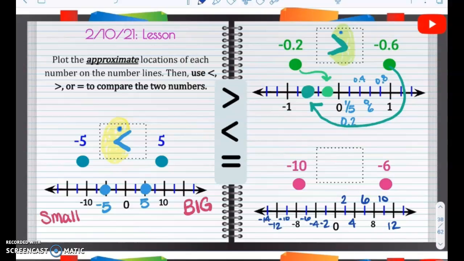All right, now we're going to plot our points. -10. Oh, here's -10. I'll plot that. I'm just going to connect it. You do not have to connect it. And then -6, I'm going to plot over here. All right, so which is bigger? Ooh, this one is closer to 0. -6 is closer to 0, so I'm going to have my big mouth eating that big number. So -6 is bigger than